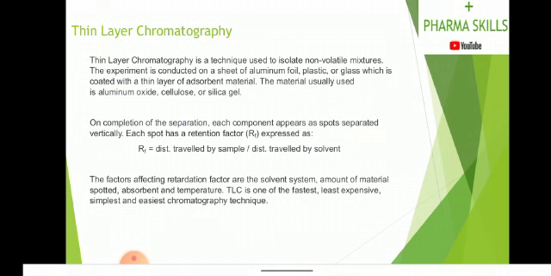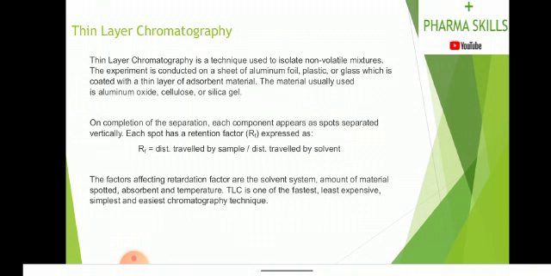Thin layer chromatography. Now we are seeing the first technique under chromatography, that is thin layer chromatography. This technique is used to isolate non-volatile mixtures. The experiment will be conducted on a sheet. The sheet will be of aluminium, plastic or glass.